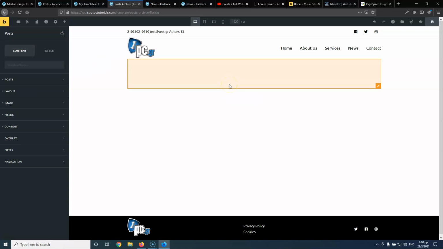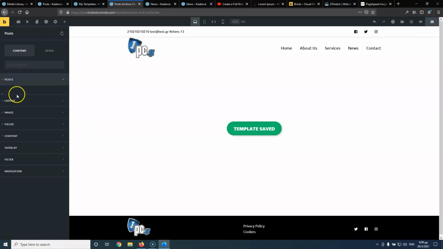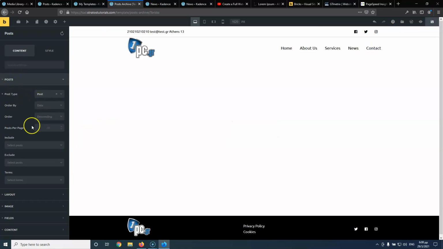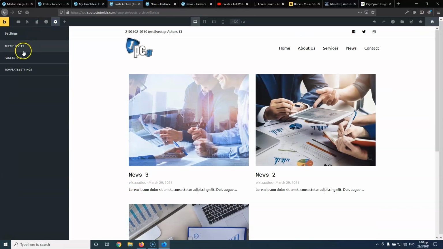The post element is applied, but it doesn't know what to grab. So I'm going to save first. Then I'm going into the posts, and let's select the post and select here the terms and select the news category. And now it knows that it should grab the post category. Let's save. And also let's go into the settings, and let's go to template settings and condition, and here I'm